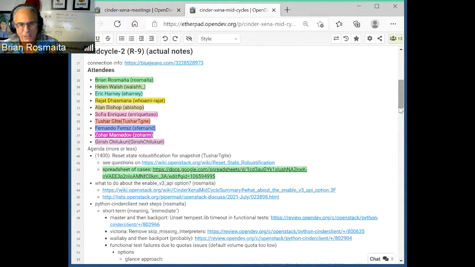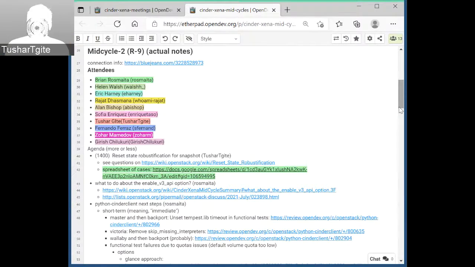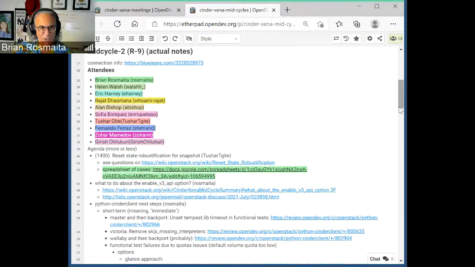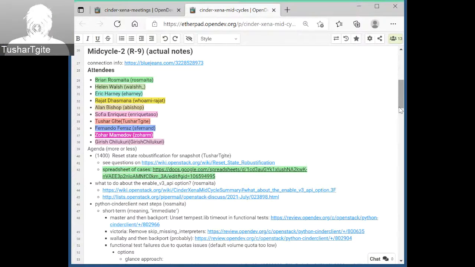I imagine the users who are doing this are operators who want to try to fix something, so it's mostly changing error states into something else. It also changes the state only in the database, not the actual state. That is also a problem in reset state. Reset state only changes state in the database, not the actual state of a volume or anything. Mhm.